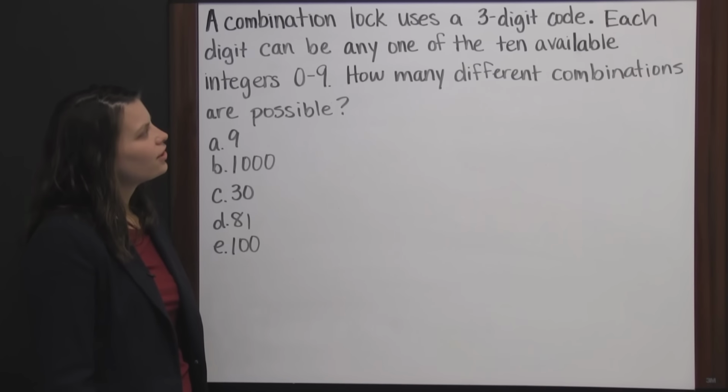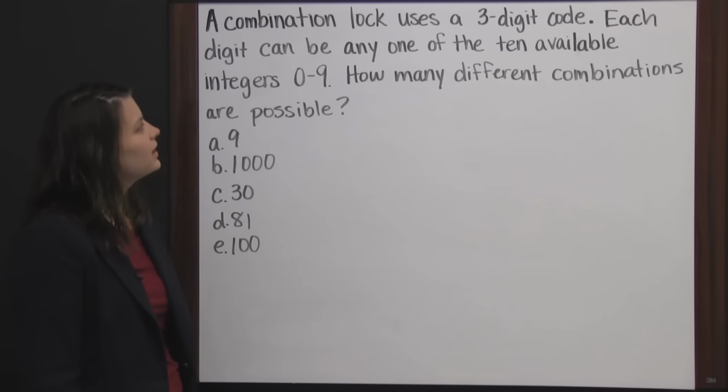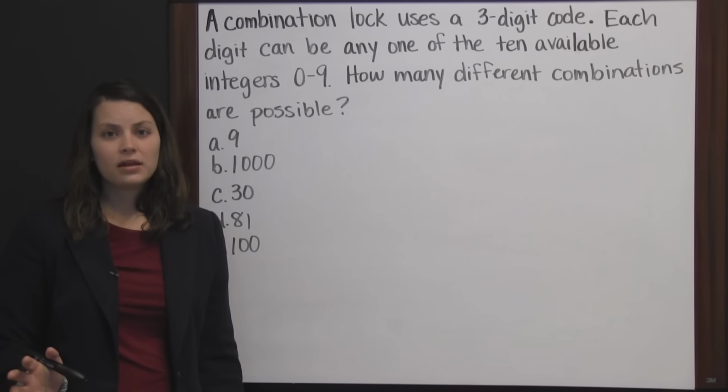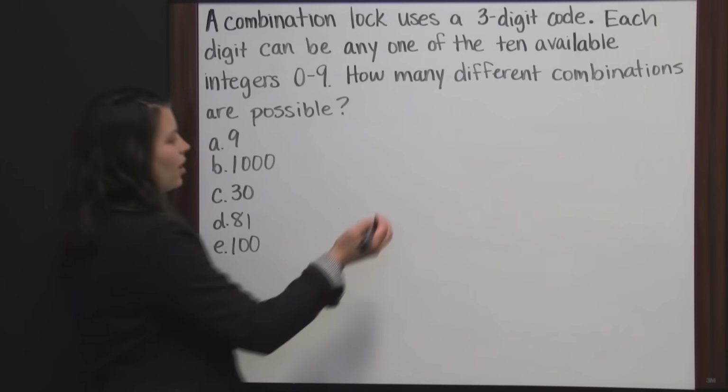A combination lock uses a 3-digit code. Each digit can be any of the 10 available integers 0 through 9. How many different combinations are possible? In this probability problem, there are 3 independent events. Independent meaning they don't affect each other. So to find the possible outcomes, we would have to find the product of the possible outcomes for these 3